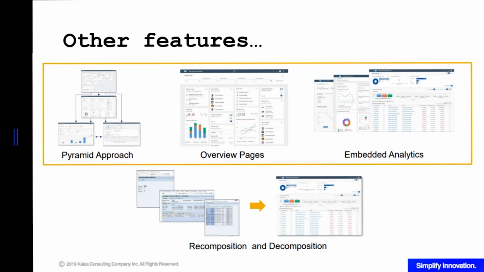So it means that from a single application, you can drill down to other applications that are on the same role. When we go to overview pages, it provides an overview of a subject that gives you a quick way to access the most important applications. For example, if we have a procurement overview application, if you click that application, then all of the relevant information related to procurement will appear. It is also the same for finance and for other modules as well.